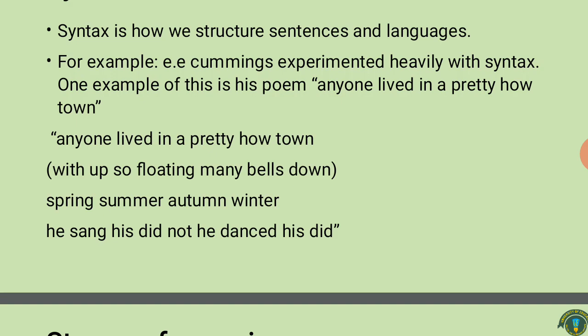Here's an example that you can see on this slide: Cummings experimented heavily with syntax. One example of this is his poem, "anyone lived in a pretty how town, anyone lived in a pretty how town with up so floating many bells down, spring, summer, autumn, winter. He sang his didn't, he danced his did." So you can see here that the sentence structure is not grammatically correct, but it comes